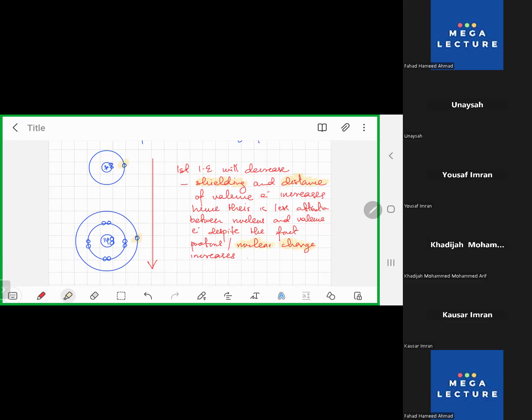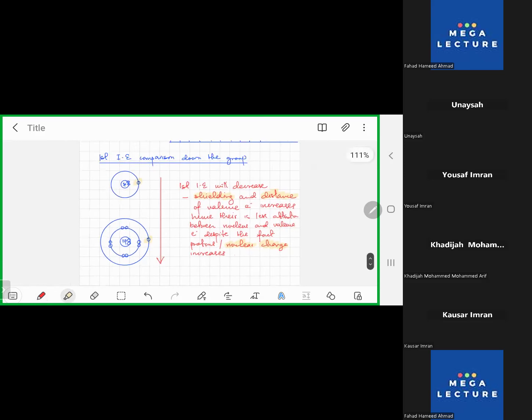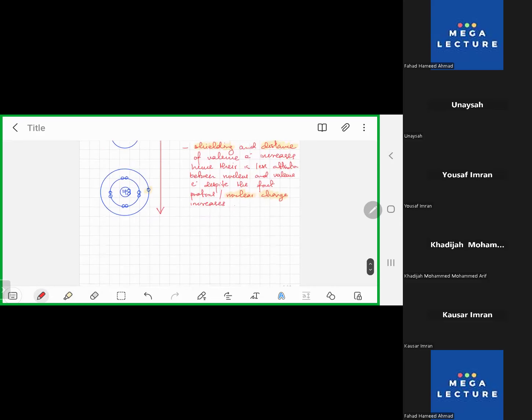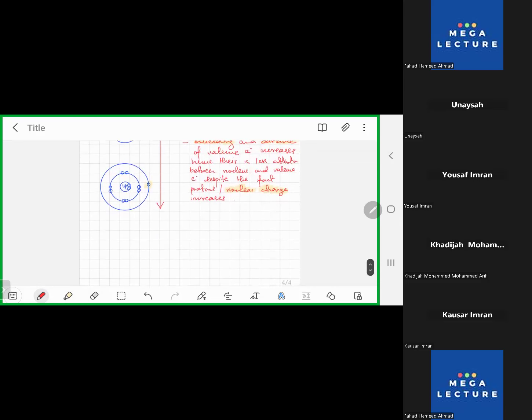A higher nuclear charge means that there's going to be more attraction, but because of the greater shielding and greater distance, you eventually have less attraction. ठीक है. Is this clear? Yes, sir. So ठीक है. So easy है ना. ठीक है. Down the group ionization energy decreases. That's it. First comparison में first ionization energy decreases. Now moving on. अब next है कि